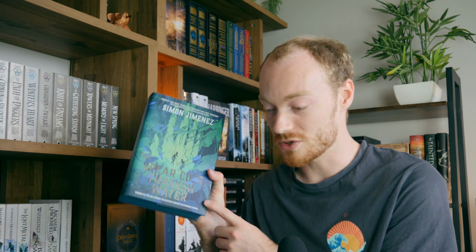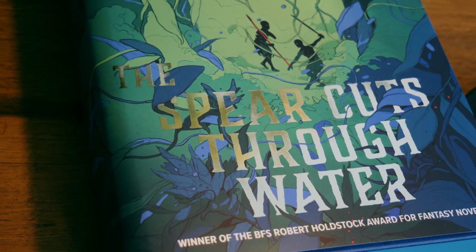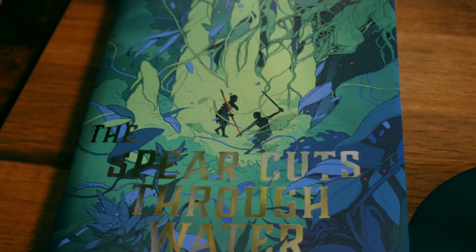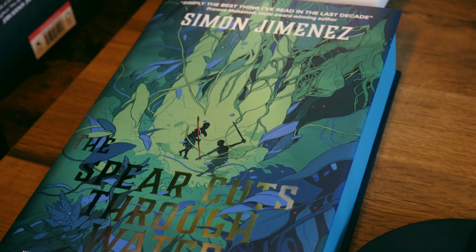And while I was wandering around the hauls at WorldCon, I did come across the Inkstone Books stand, which is a small special edition company as well that is just run by a guy called Brett and his partner, and they're super nice, so it's nice to meet them. And they do a special edition of The Spear Cuts Through Water, which I do have the paperback of, but it's pretty mangled and ripped, so the fact that this was a really nice edition, I thought would be really cool to check out. This is one of those Marmite books that some people love, some people hate, because it is so unique,